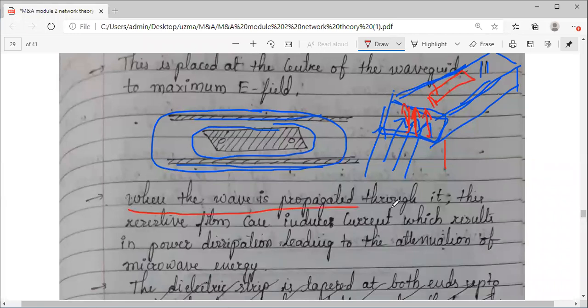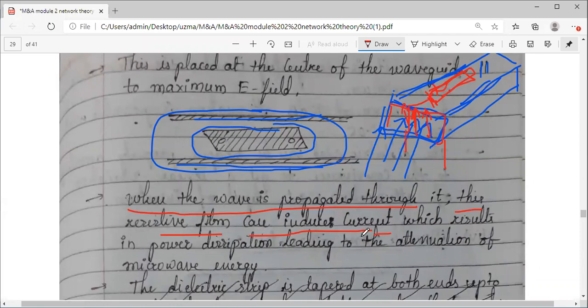When a wave is propagated through this waveguide, the resistive film inside will induce a current. So what is happening inside is, when a wave travels inside this waveguide, we have kept a resistive film inside. Whenever this wave passes through it, certain current is induced. Okay, if current is induced, charges will flow.